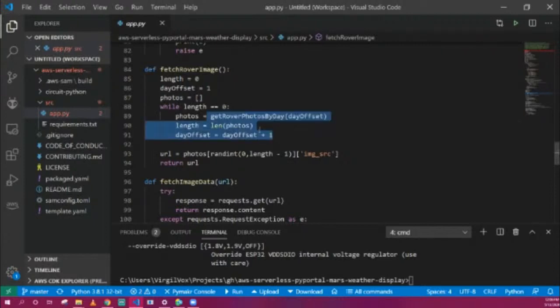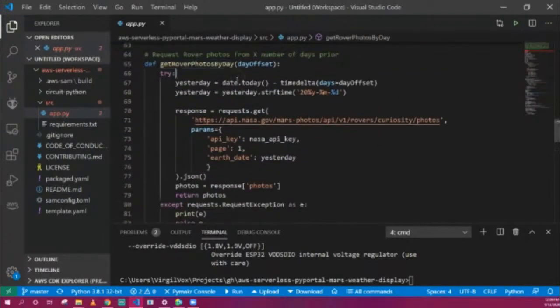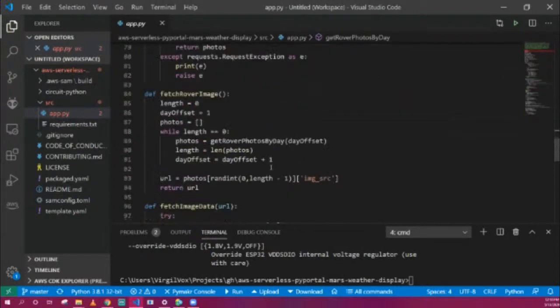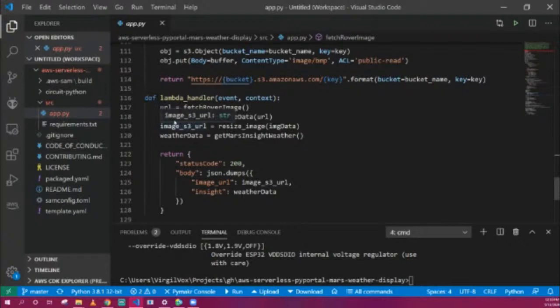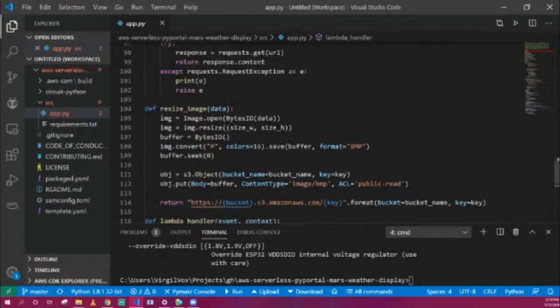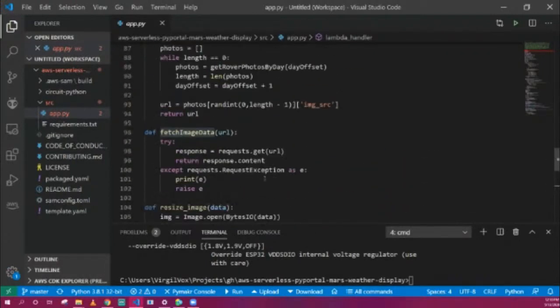So once there is a length of photos returned by this get rover photos by day function, which takes our day offset and then just makes a call to that NASA API and comes back with an object of photos, we check: do we actually have photos? Because if there are no photos for that day, it just returns an empty array. Cool, let's grab a random image from that array of photos, grab its URL, and pass it into this image data function, which will actually pull down the image itself,